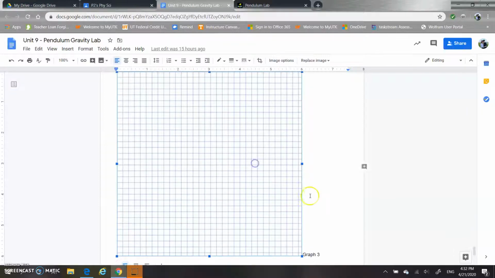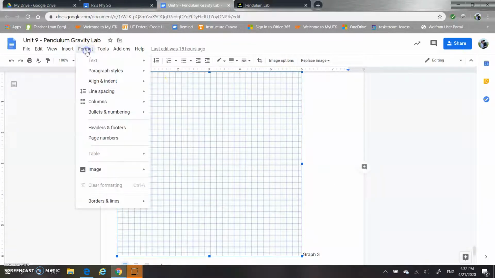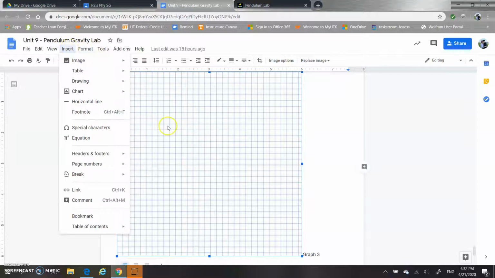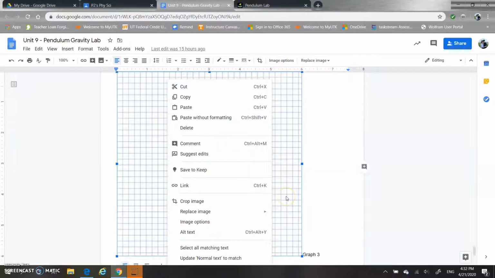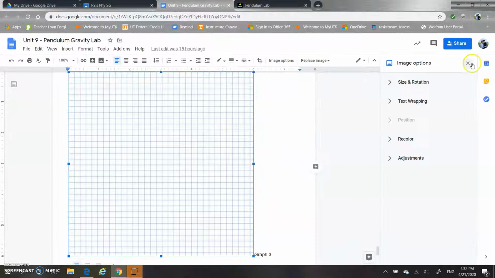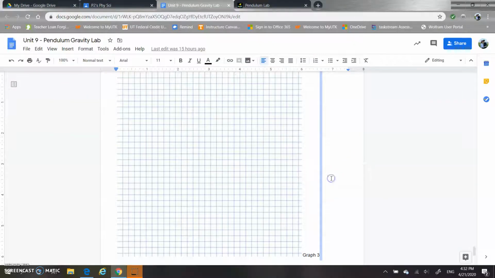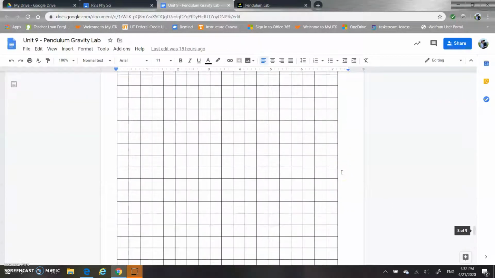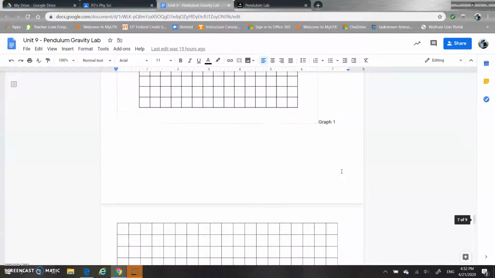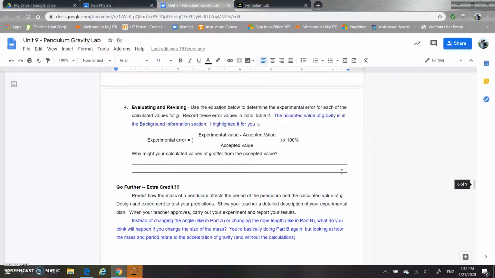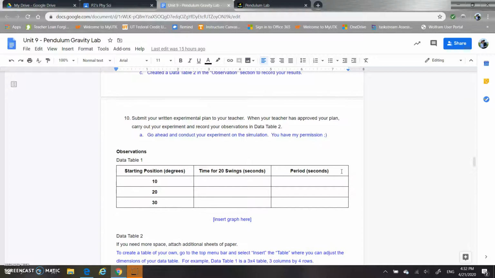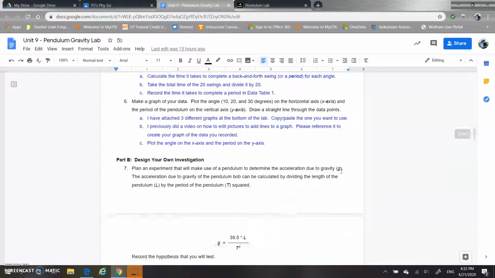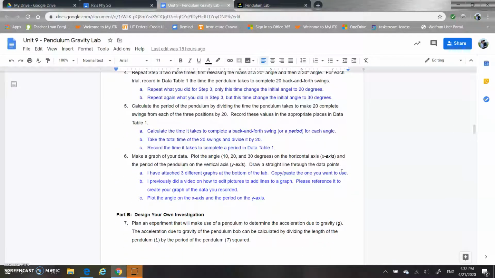And you are more than welcome to edit these however much you want. Image options, there it is. And so again, I have another video of how to edit the graphs, and so you can plot your data points and draw a line connecting those data points, but of course please make sure that you label your axes as well for that. And that's everything for part 6,